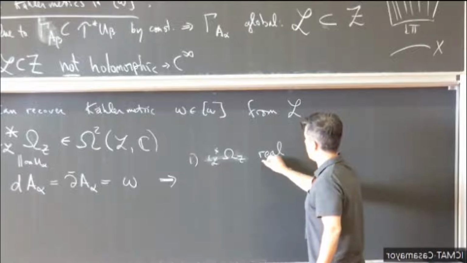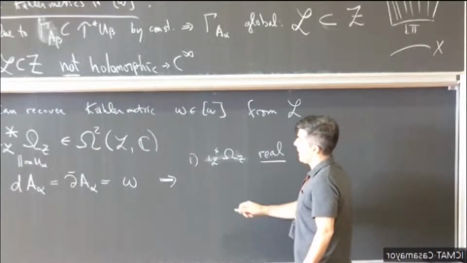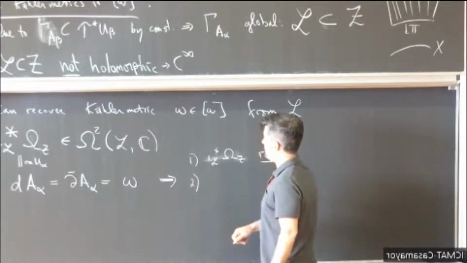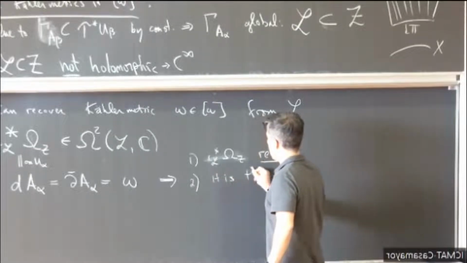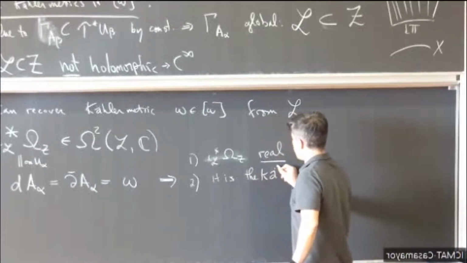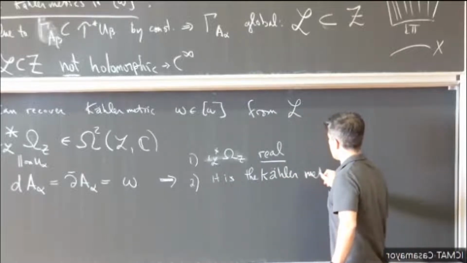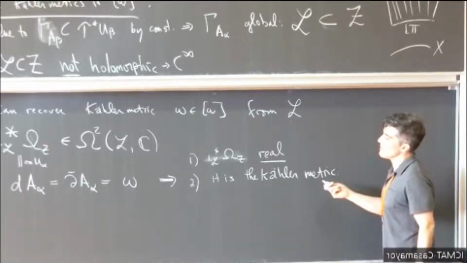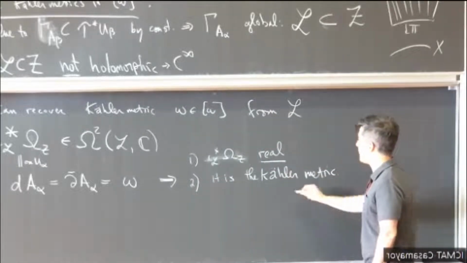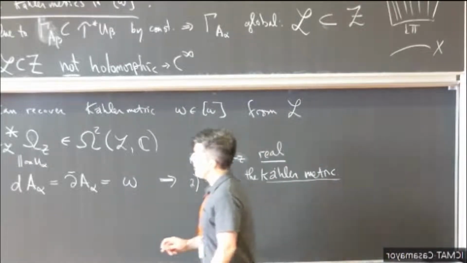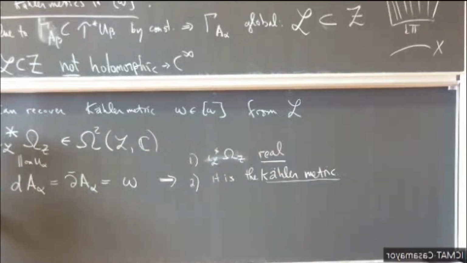And maybe an important comment is that it is the Kähler metric. I mean, technically it's the symplectic form, but from the symplectic form and the complex structure, we get the Kähler metric. Okay. So another way of phrasing this, a rephrasing,